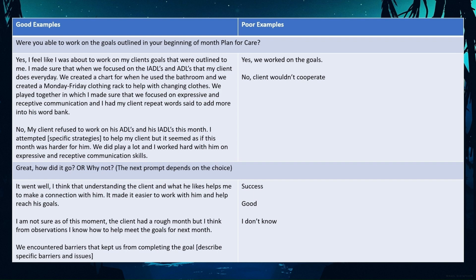Comparing that to our poor example where it's just a one-word success, we'd like some elaboration on what specific successes went well, what do you think is helping? Going back to our second good example, the DSP says that they're not really sure how it went, that the client had a rough month, but they feel that they are able to support the client the best possible way. Comparing this to our poor example, which just says good, that doesn't give us nearly as much elaboration as the